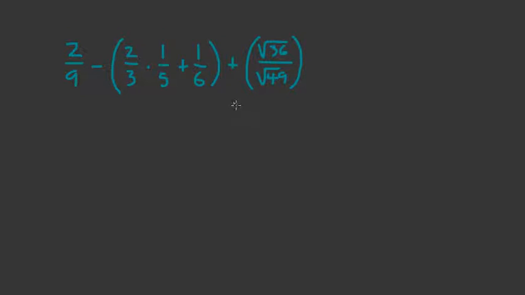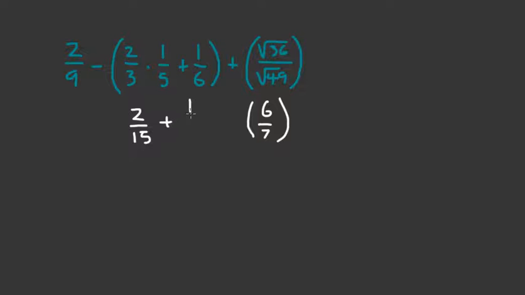So how can we rewrite this? Well, that is 6 and that's 7. The square root of 36 is 6 and the square root of 49 is 7. So we could rewrite that as 6 over 7. Done. All right, now let's address this. Well, we need to multiply this first. So when we multiply that, we do 2 times 1 and 3 times 5. And so now we have 2 over 15